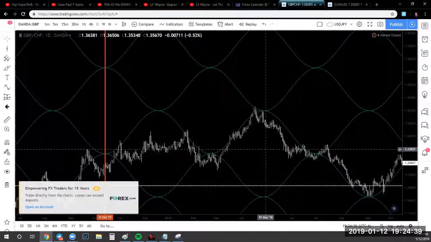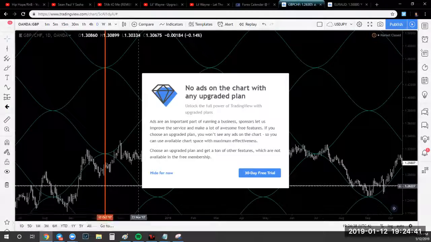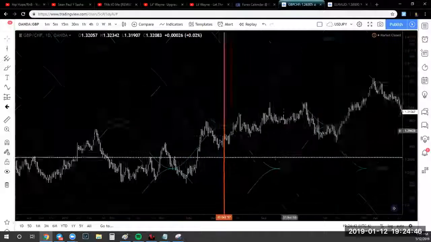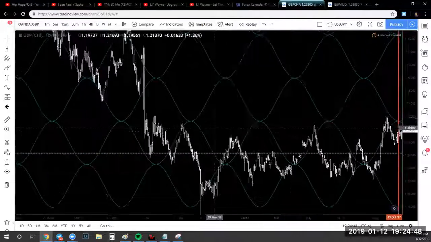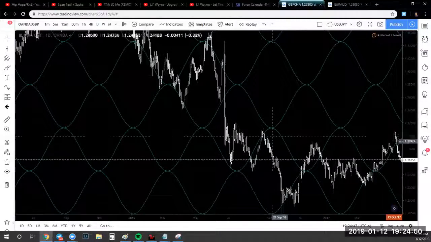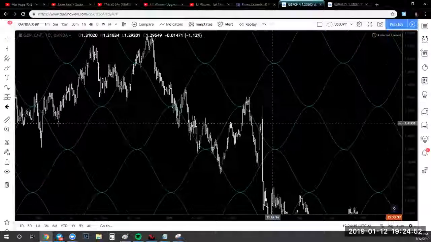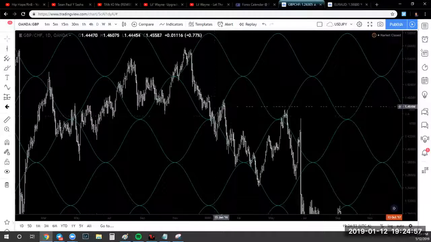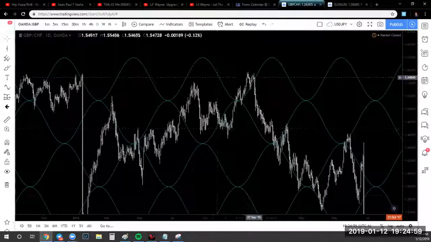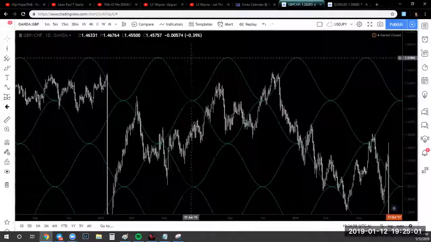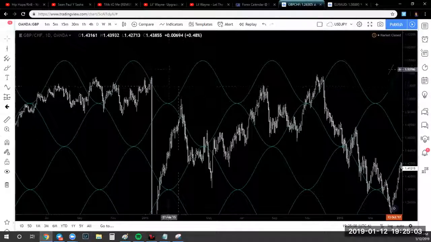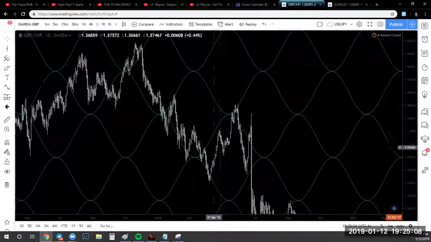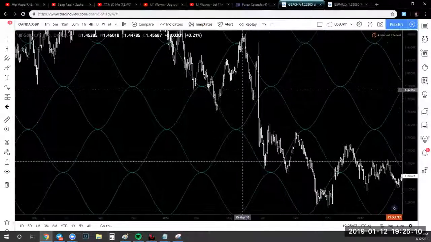Because remember, we're using time and price, and with that combined is a cycle. So if we go back in time, we can see how this is perfect. As it goes up and down through time, different levels of degrees, it continues to match up perfectly. So what you can do with this information is let it tell you when to enter a trade. So like you would trade